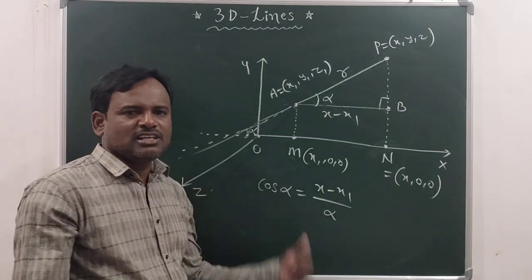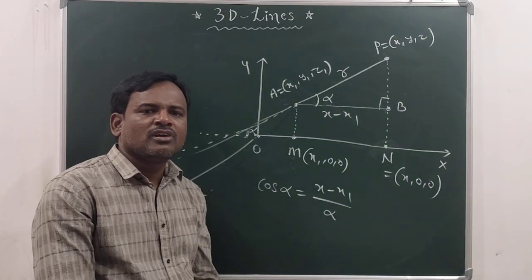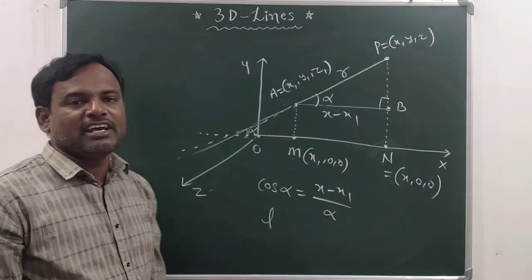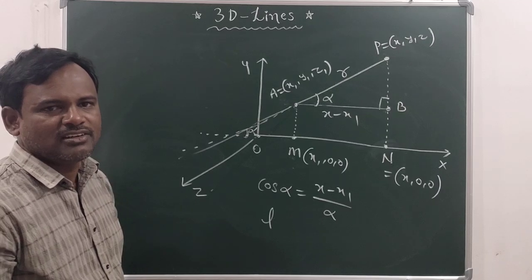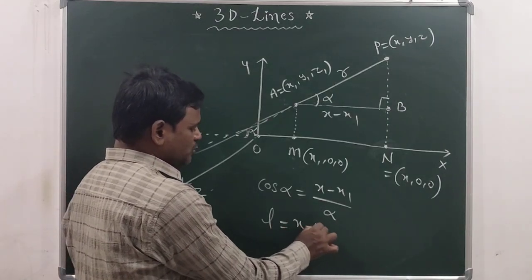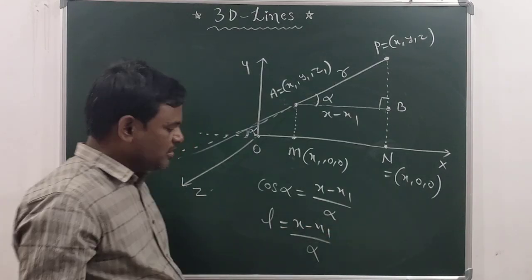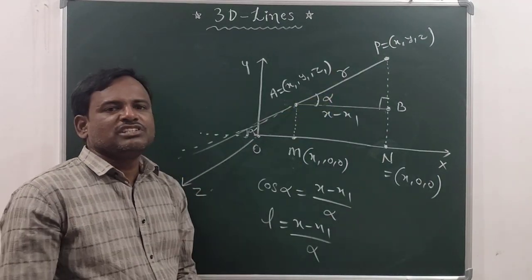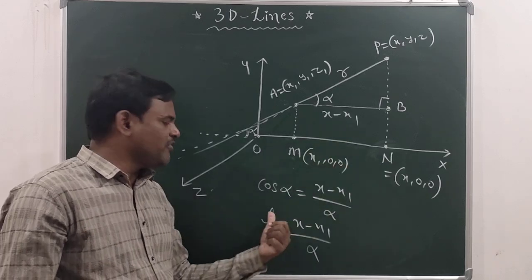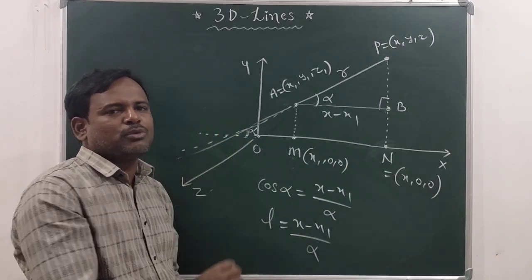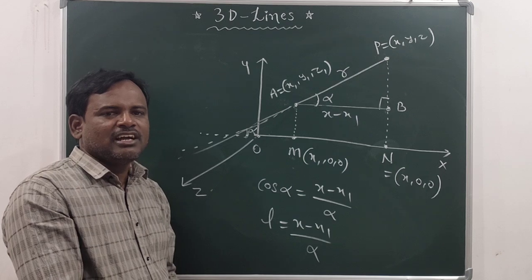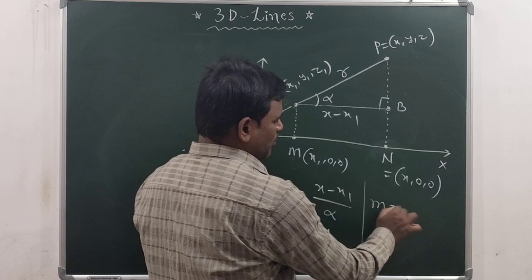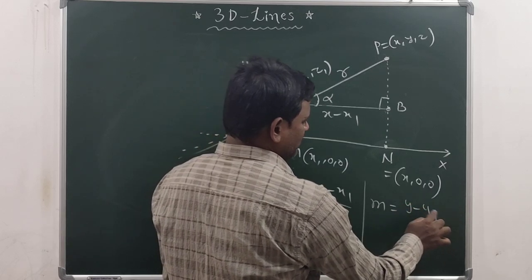Understood? What is cos alpha? Direction cosine. So in the DCs and DRs chapter we represented cos alpha as l. Now l is equal to x minus x1 by r. I think you have understood how I have written. First I took this AP projection on the x-axis and I defined cos alpha. If you take that projection of AP on the y-axis and define cos beta, you will get m is equal to y minus y1